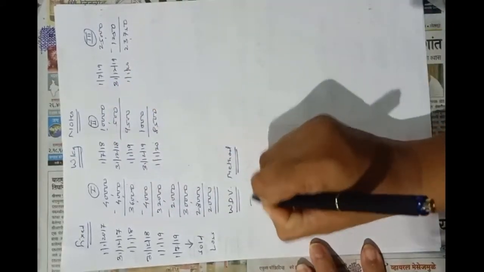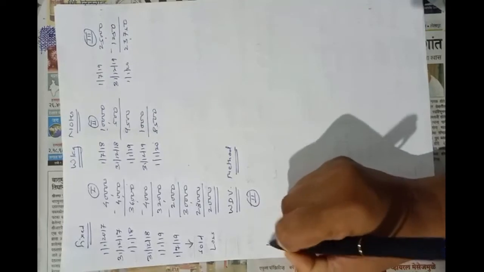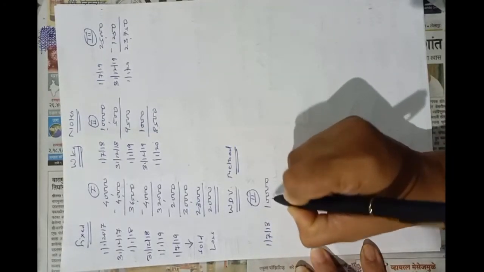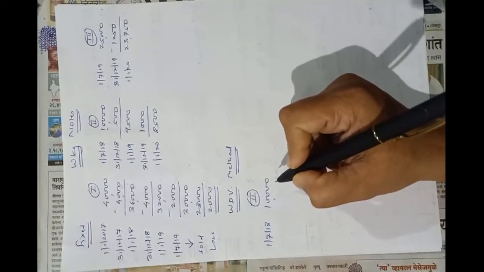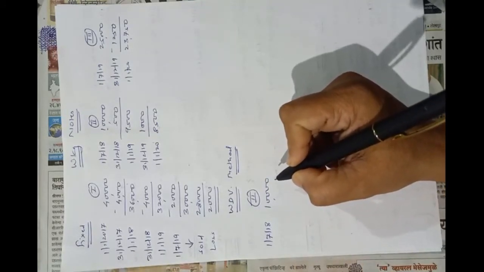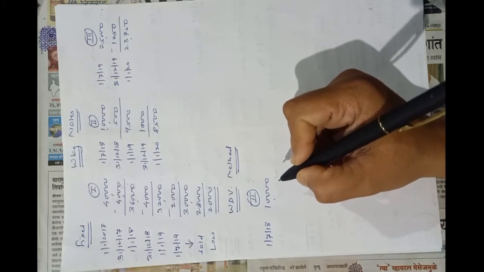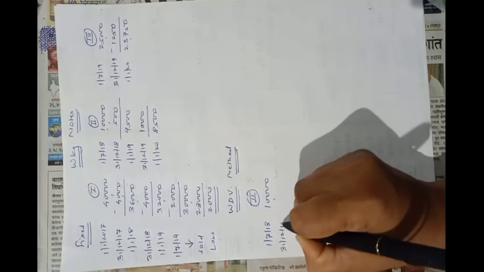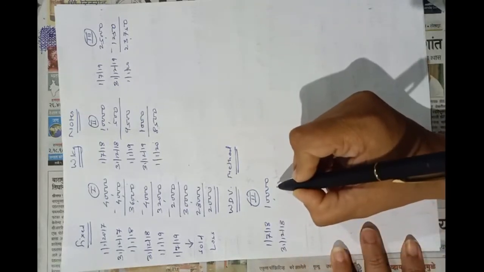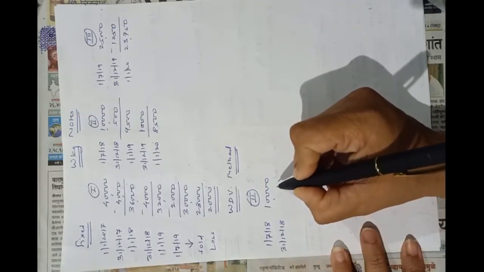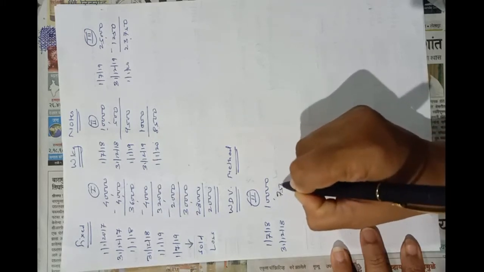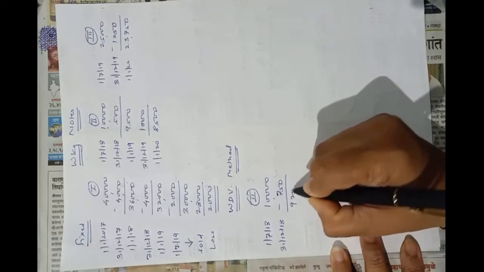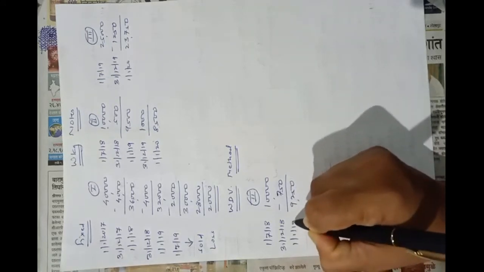We will calculate depreciation on the second machinery on 1st July 18, 10,000. They told us that they have changed the method of depreciation as well as the rate of depreciation is 15%. So on 31st December 18, 15% of 10,000 will be 1,500, and for 6 months the depreciation will be 750. So it is 9,250 on 1st January 19.